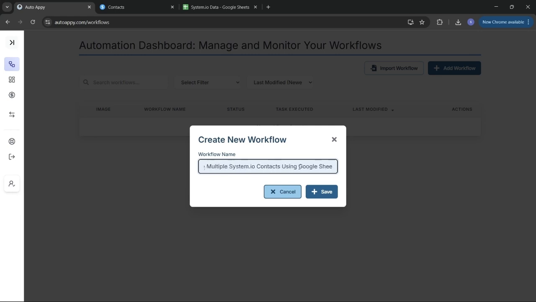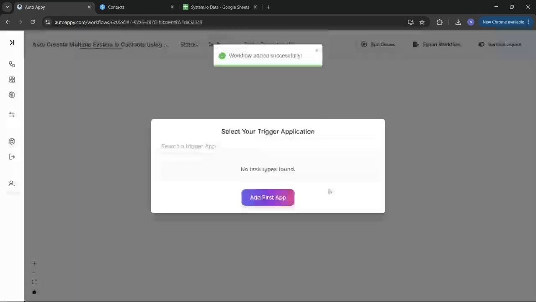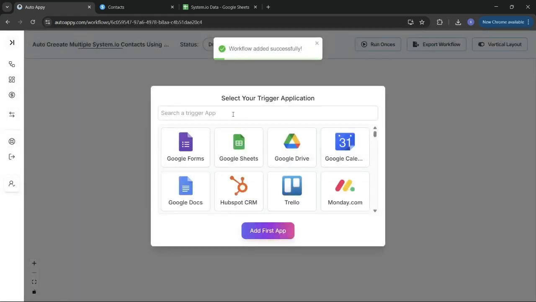So this you can give it a name. So just say save, and post this it will open up this kind of an interface in front of you